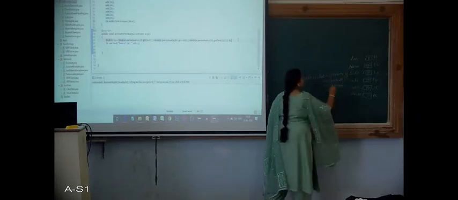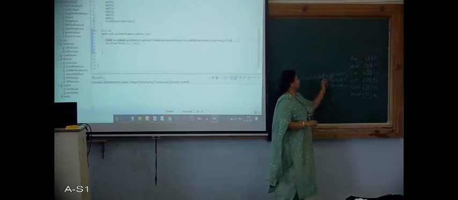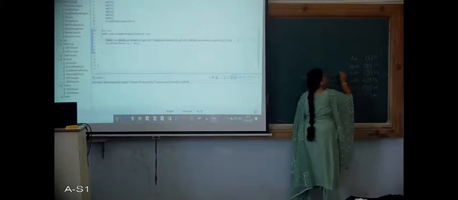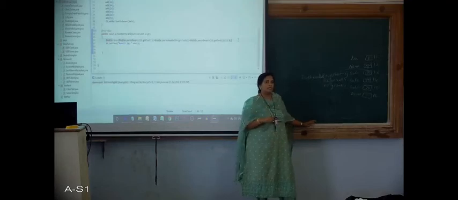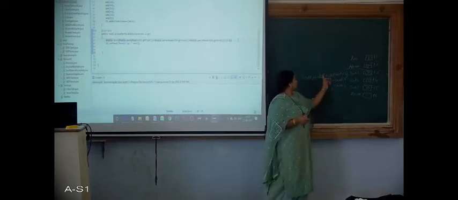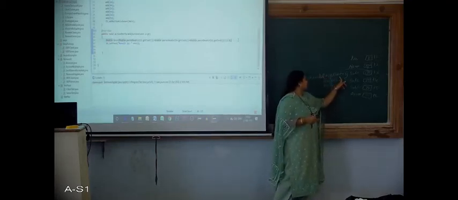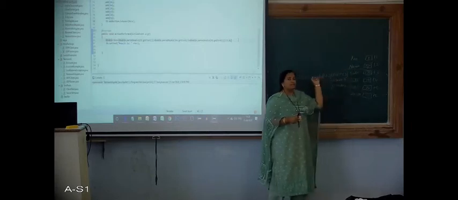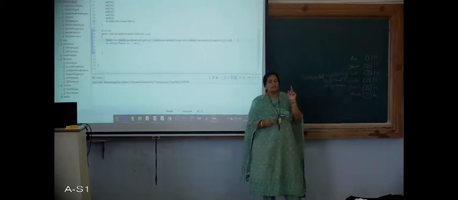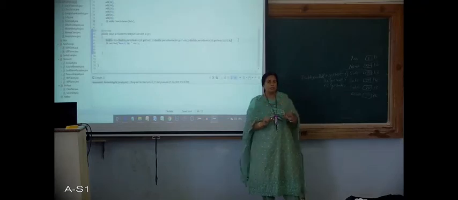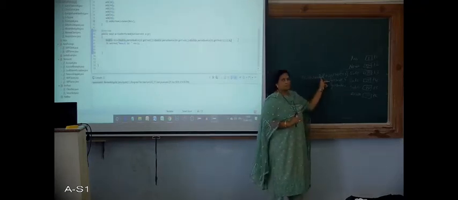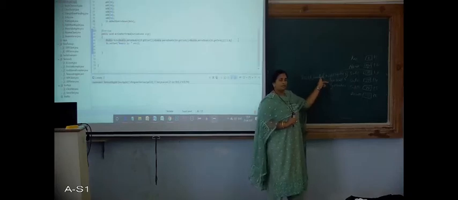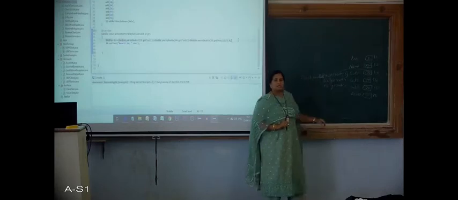So what this will do? Whatever data that we have got here, that is 70, is not considered as a number. It is a text. So by giving T3.getText, we are able to get 70, which is in the form of text. We need to convert this into double. So for that I have written Double.parseDouble. This will give me a number in the form of double type.